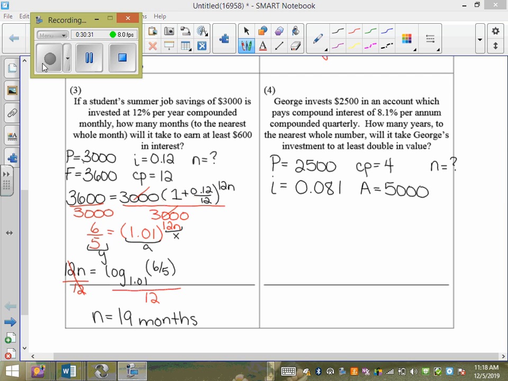So we're going to get 5,000 equals 2,500 times 1 plus 0.081 divided by 4. Okay, quiet please. Divide by 2,500. And we get 2 equals